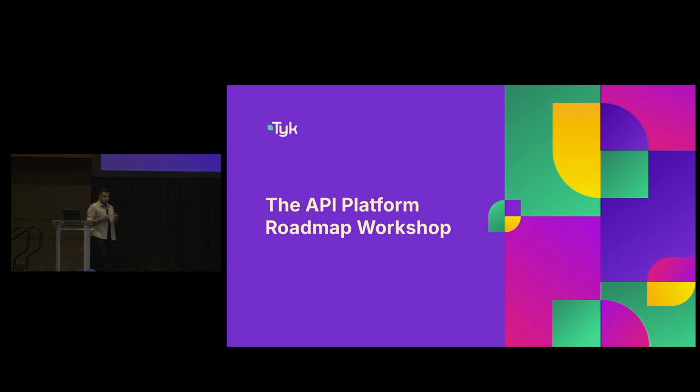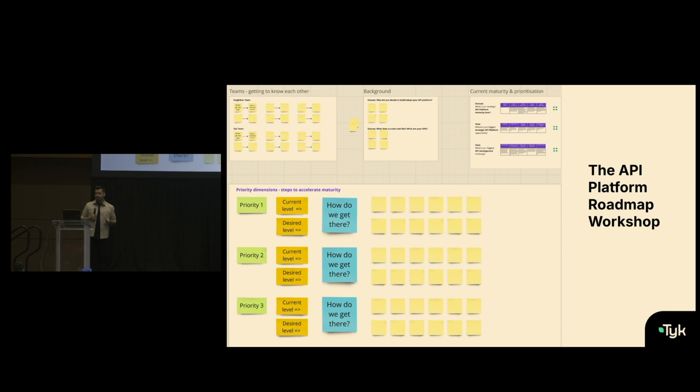One of the other ways in which you can almost get to this and again unite those people together is something that we call the API Platform Roadmap workshop. It's built on the API Platform Engineering maturity model that looks to assess an organization or team's current level of maturity and hopefully create a roadmap for the future by prioritizing specific aspects or areas to focus on over a 6 to 9 month period of time. In practice, it looks something like this. This is usually a 90-minute session that we would usually run.